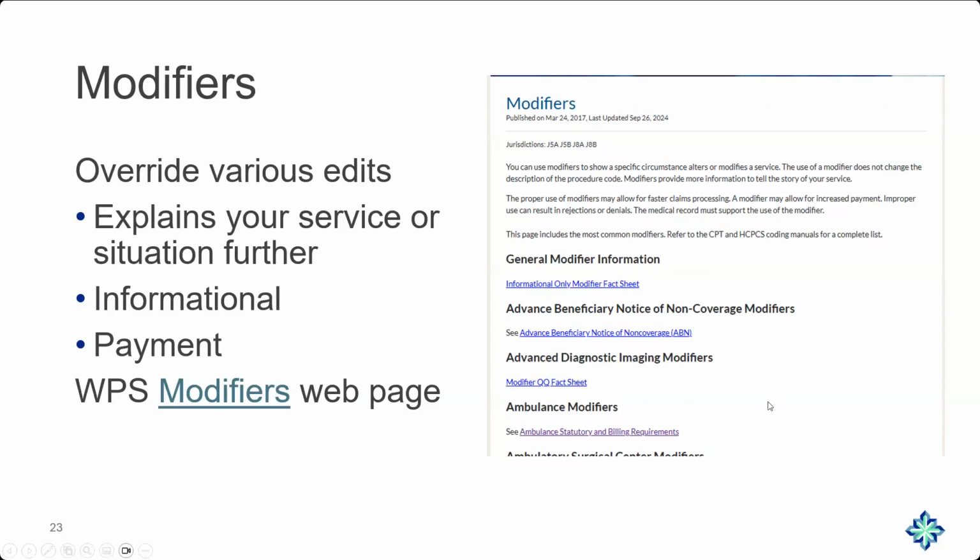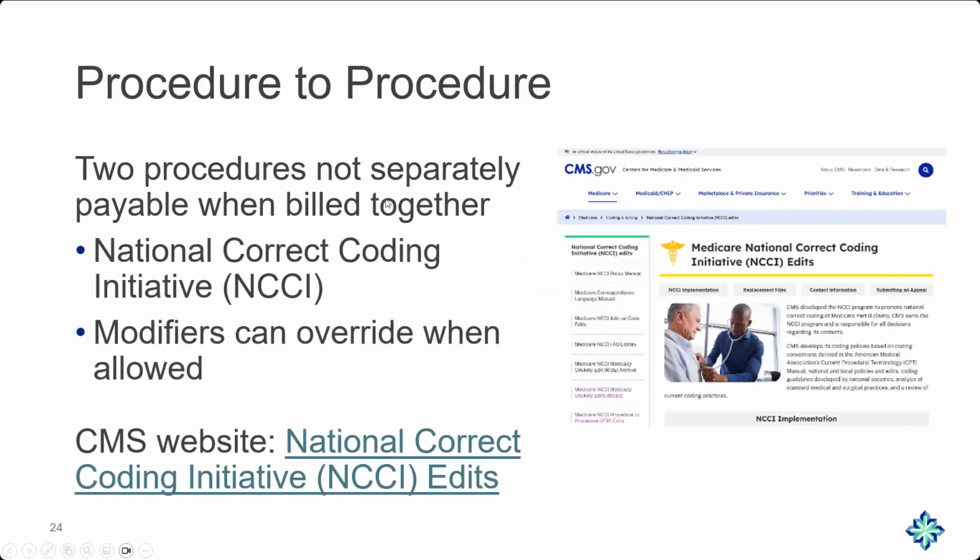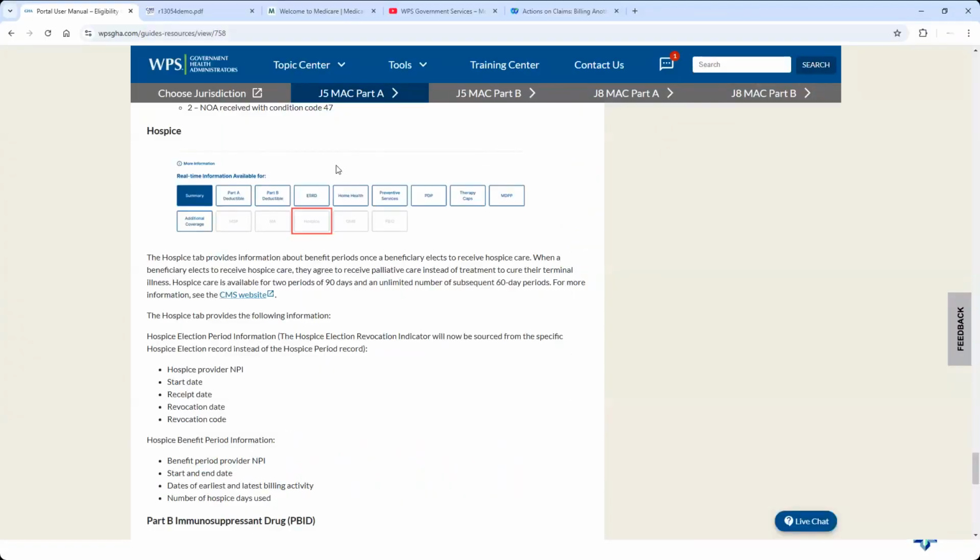The next slide is based on the procedure to procedure edits from CMS, which is part of the National Correct Coding Initiative edits. The procedure to procedure edits are two codes that are not separately payable when billed together for the same provider for the same date of service for the same patient. There are some that allow a modifier. The question related to this is they're not familiar with the procedure to procedure edits. So I think what we need to do is just quickly show you that they are part of CMS's National